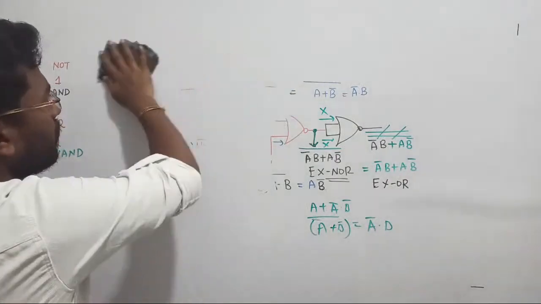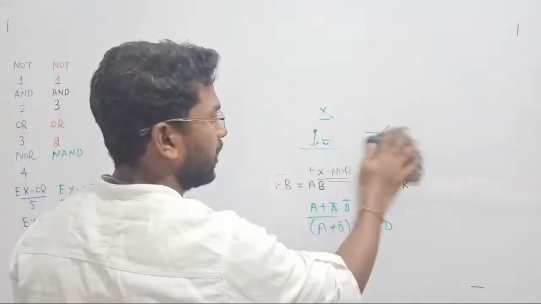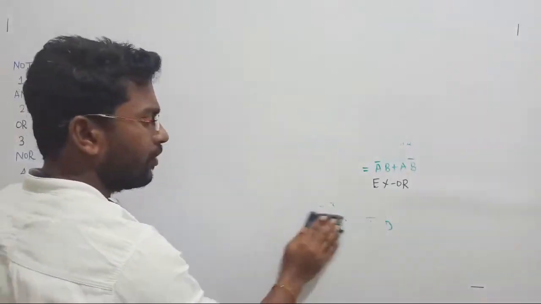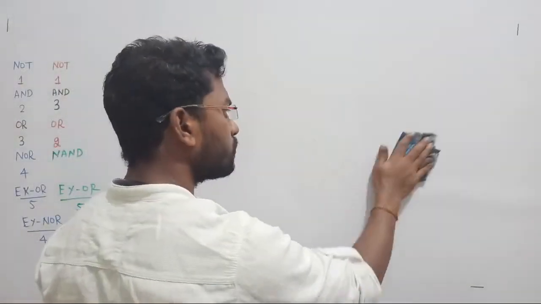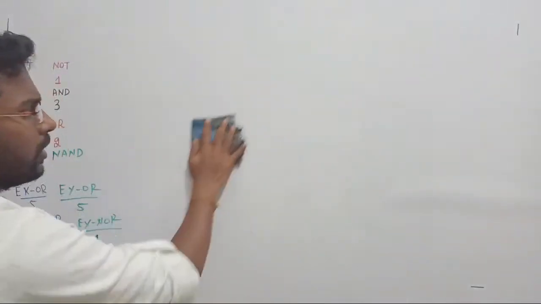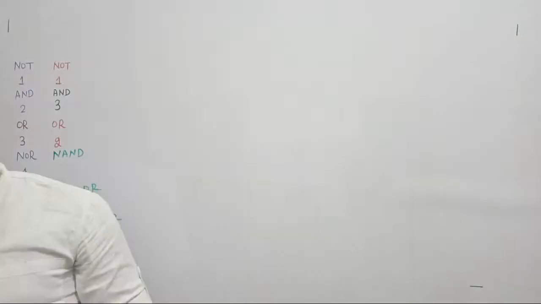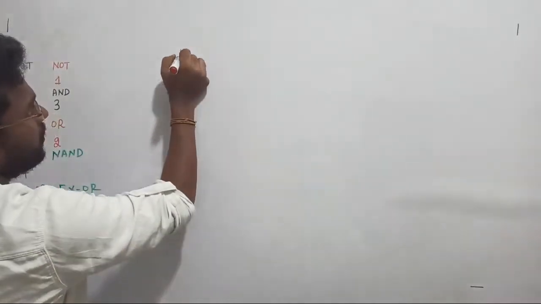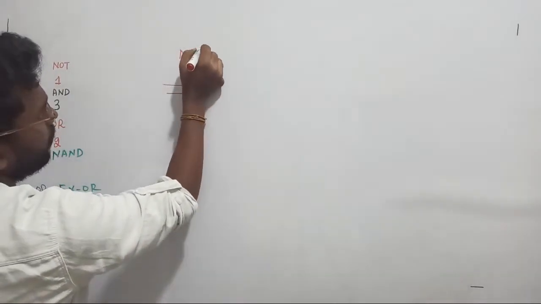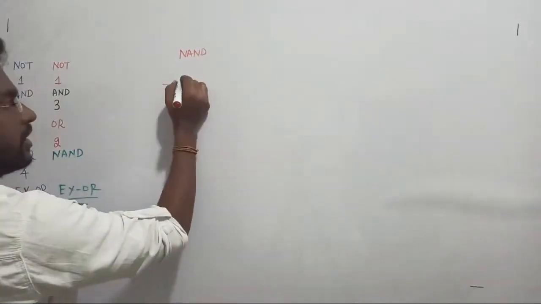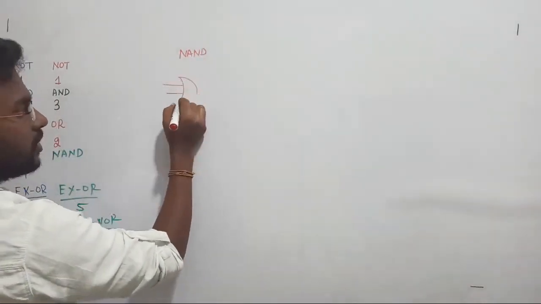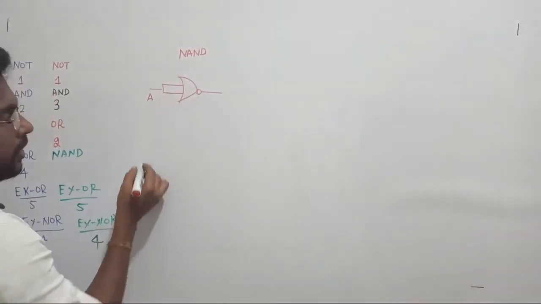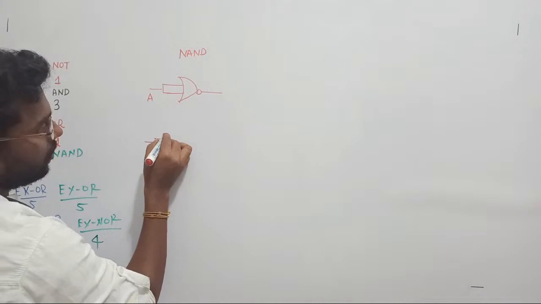Let's check it. Anyway, first we have to design the NAND gate from the NOR gate. If you want to design a NAND gate from a NOR gate, how will you design it? In order to design the NAND gate, let us visualize. This is going to be a NOR gate. Let us consider its input is A, and the second input is going to be